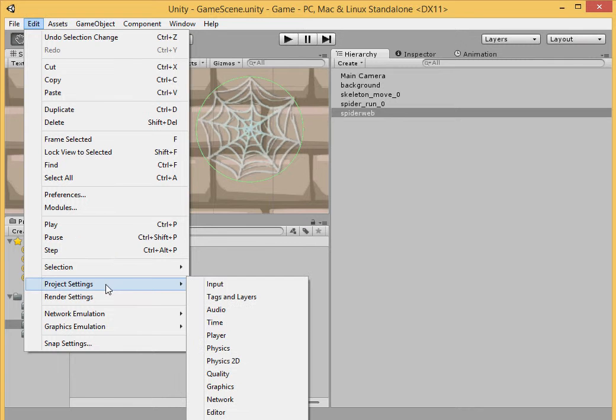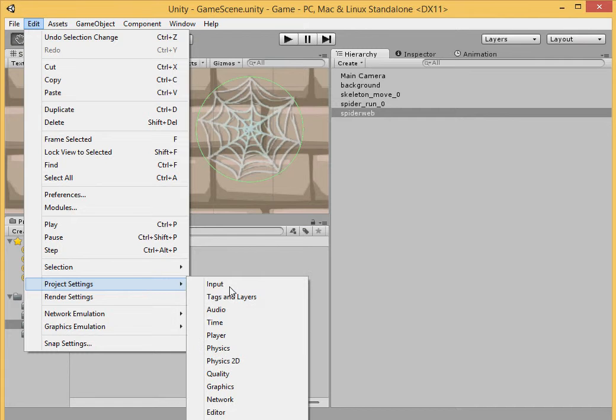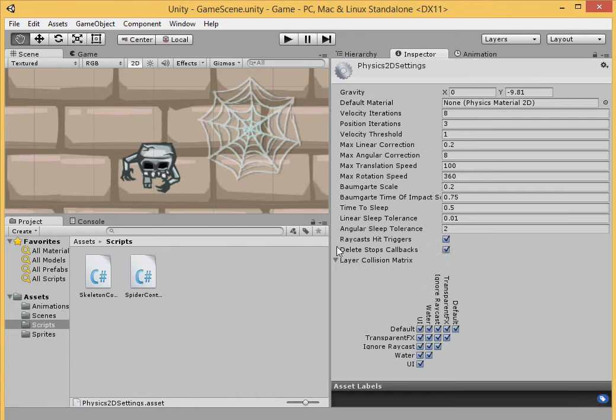We go to Edit, then Project Settings, and then Physics 2D. And you see your gravity. We really don't want a Y gravity, so let's just set it to 0. You might have noticed some issues with your projects, where maybe everything was going down really fast. This should fix it. Alright, now that we have that fixed,